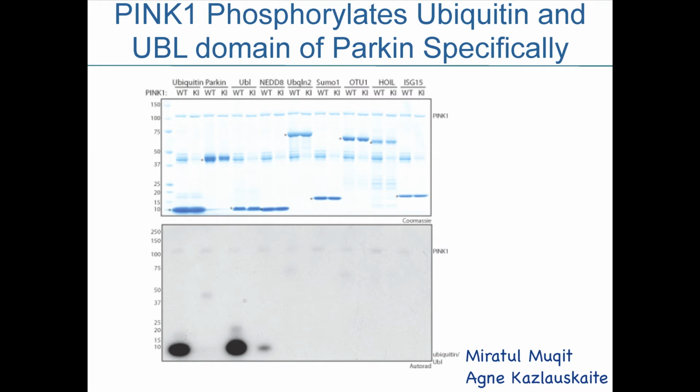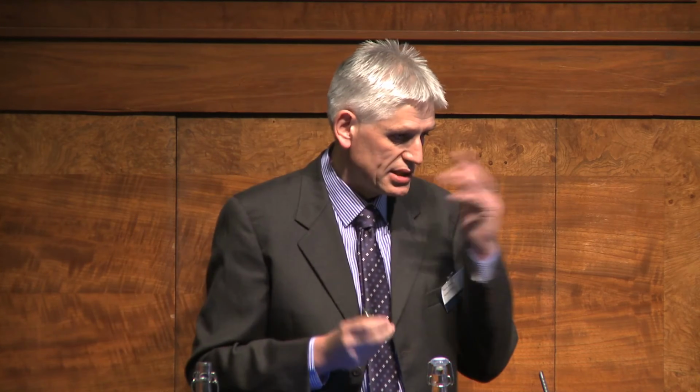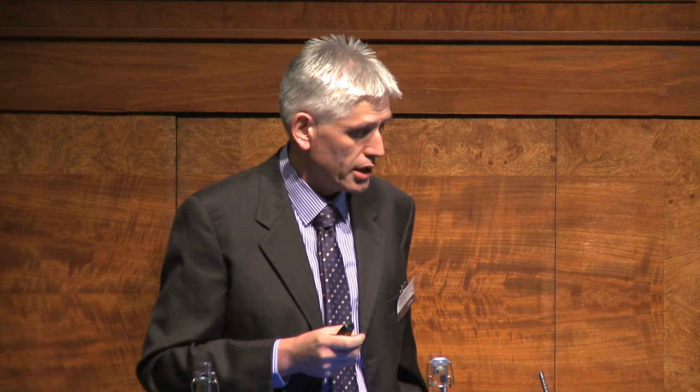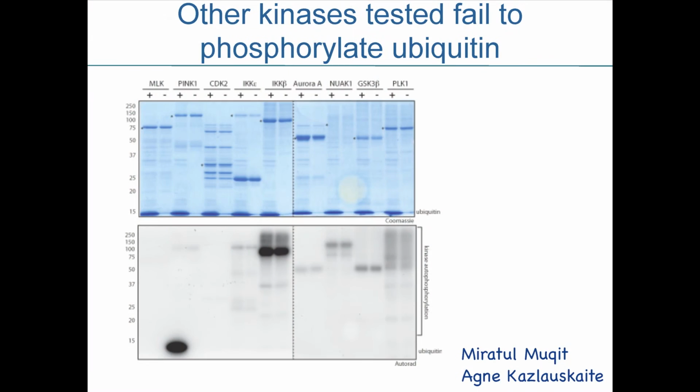Ubiquitin is phosphorylated, and the free UBL domain of Parkin is also well phosphorylated. We've now tested 160 protein kinases to see which ones phosphorylate ubiquitin, and none of the other 159 protein kinases we've tried phosphorylate ubiquitin. Only PINK1 is capable of phosphorylating ubiquitin efficiently in